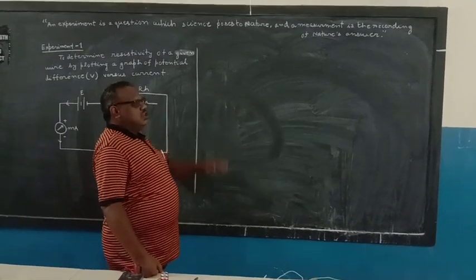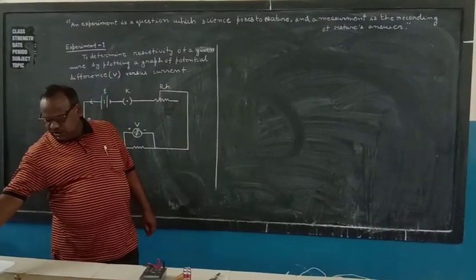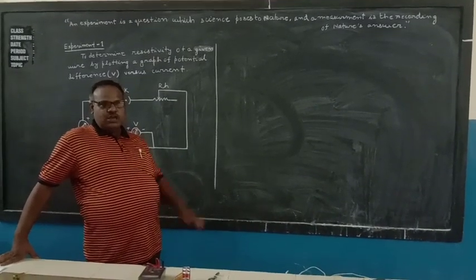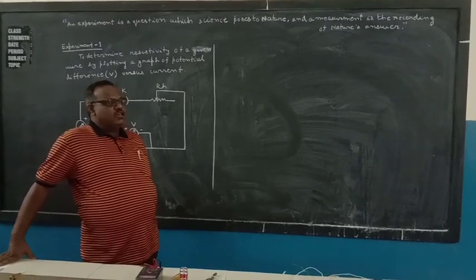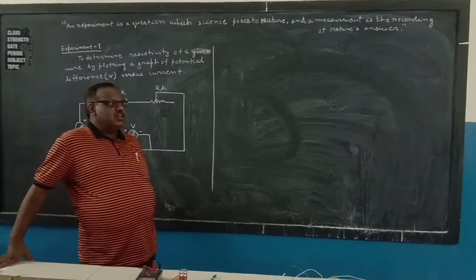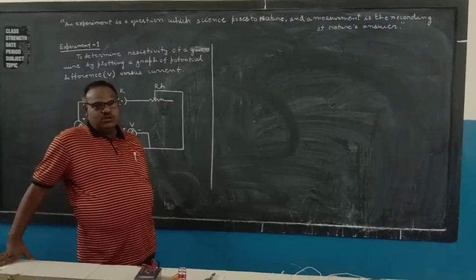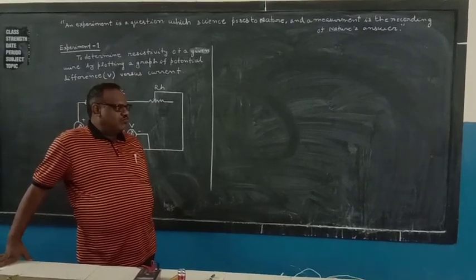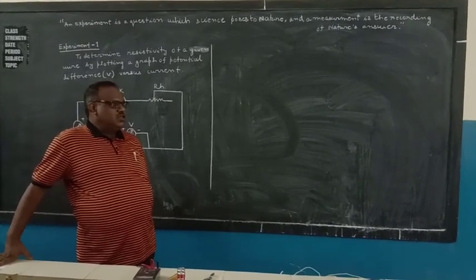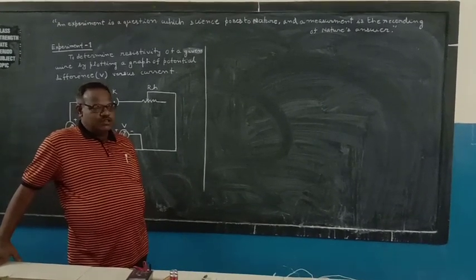When there is any theory, according to Albert Einstein, a theory can be proved by experiments. As you know the different theories: Ohm's law, a very famous law in current electricity relating potential difference and current flowing through any resistor; the Wheatstone bridge, a very important principle; and another, the potentiometer, also an important principle.